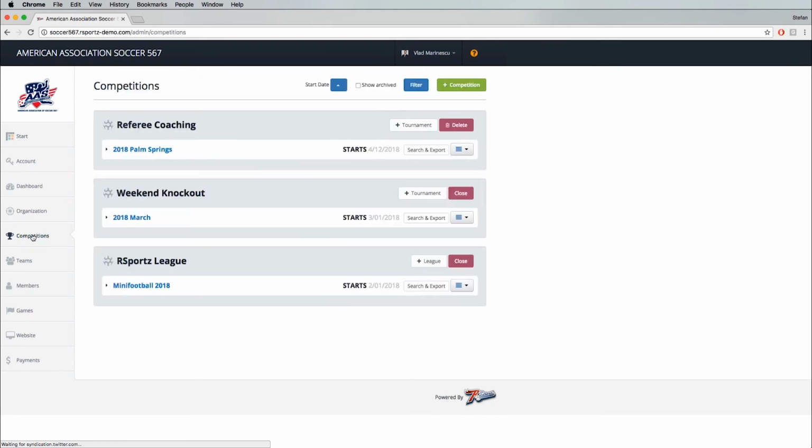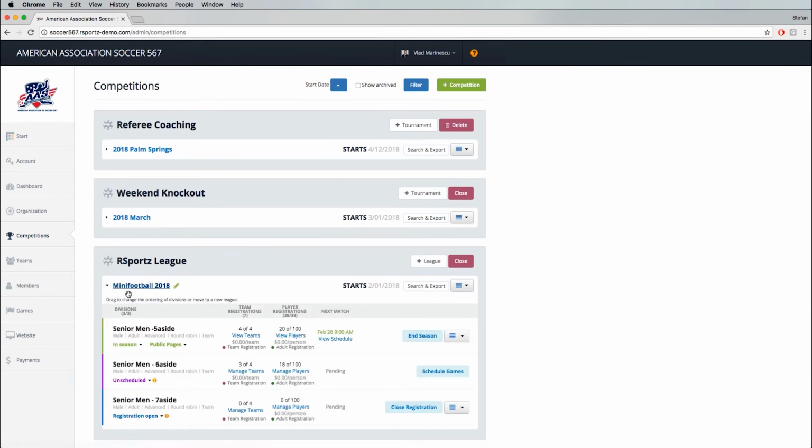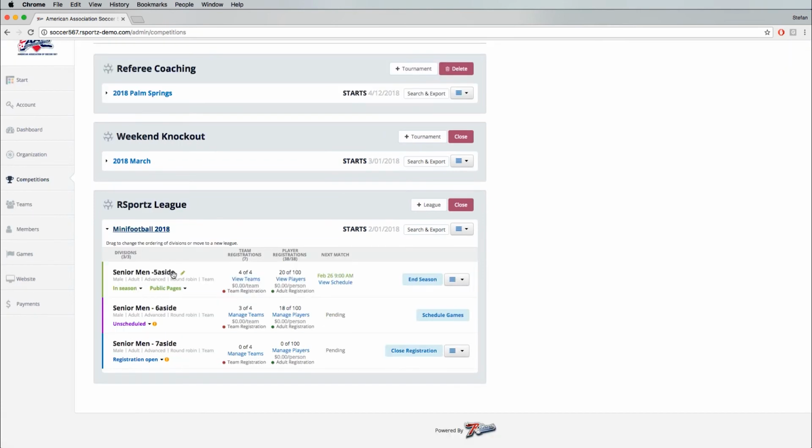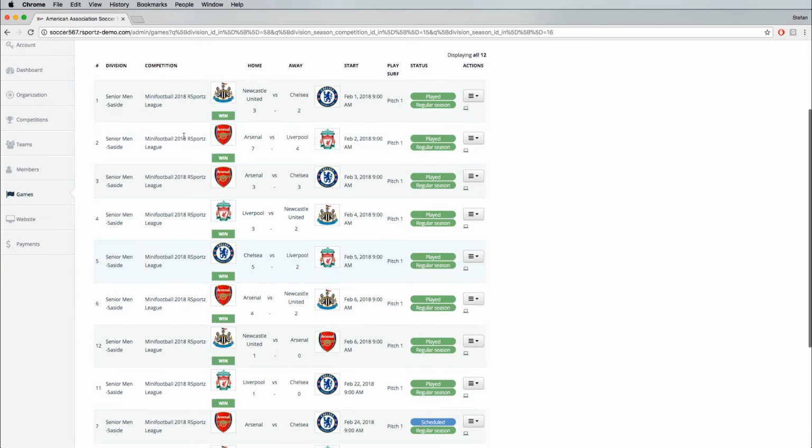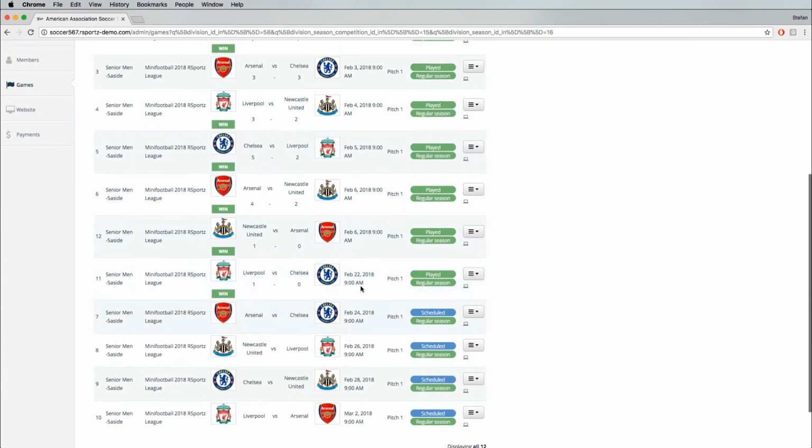For the fictitious tournament that you've seen publicly, the RSportz League, we saw that the 5-a-side tournament has been made public and we have a schedule. We can see that our next match is taking place on February 26th. Once we click on our schedule, we can see all of the matches that have been made, and for each individual match, we can click on it and see the pregame score sheet,